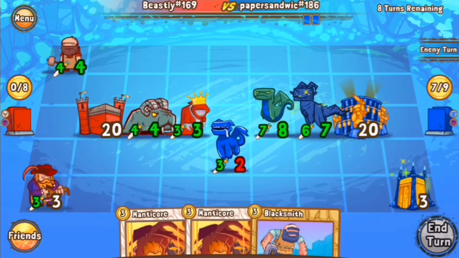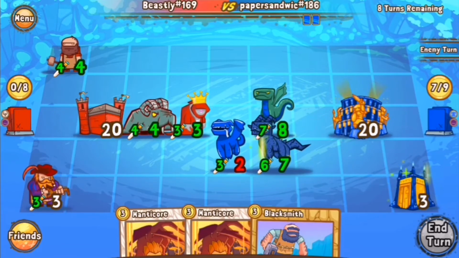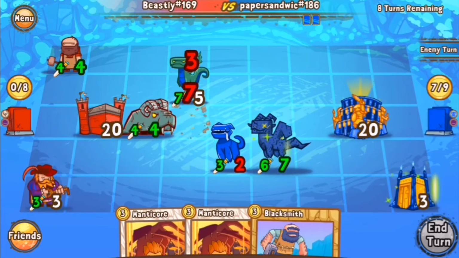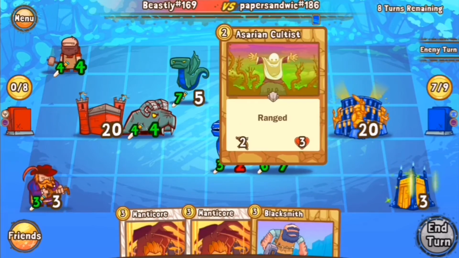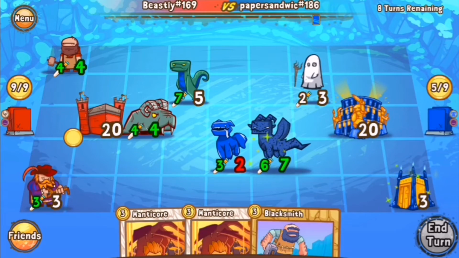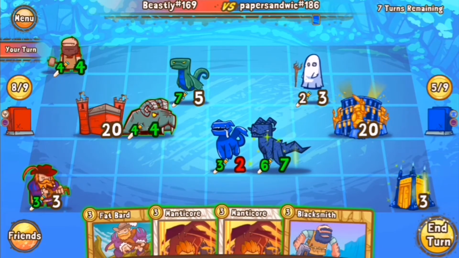Maybe if he leaves the Rat King alive and we get a Shadow Dance, we'll be okay. We could draw a Beastmaster. Oh, okay. He's going to set up rather interestingly. Freezing Pillar? No? Okay, he's going to take out the Rat King, so that ruins my hopes and dreams. Okay, interesting. Fat Bard. Well...